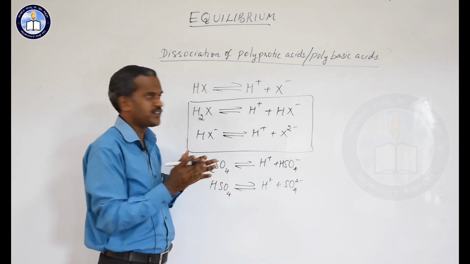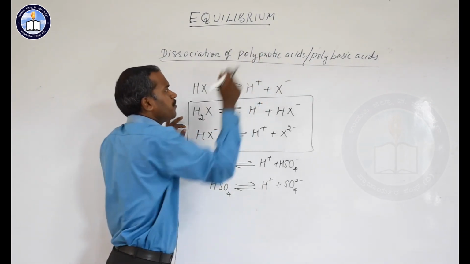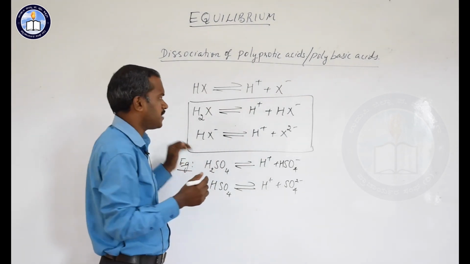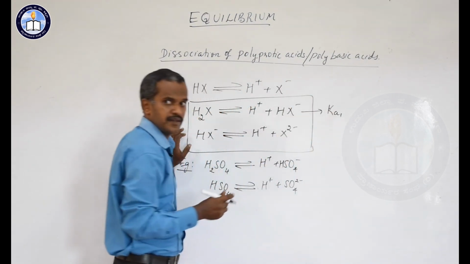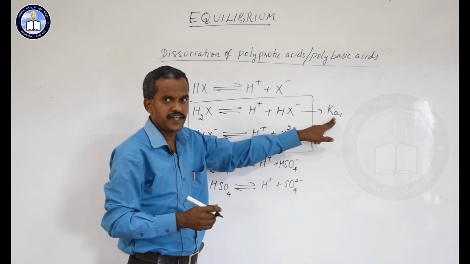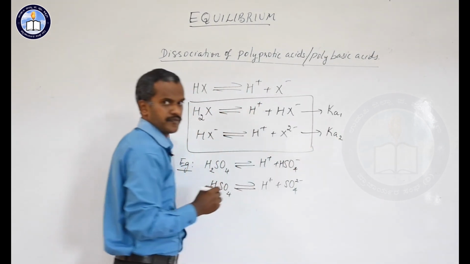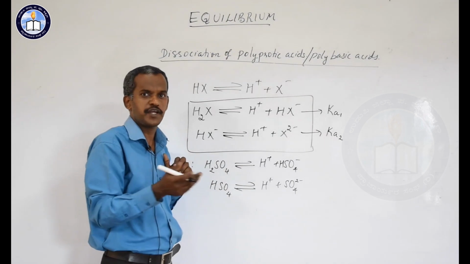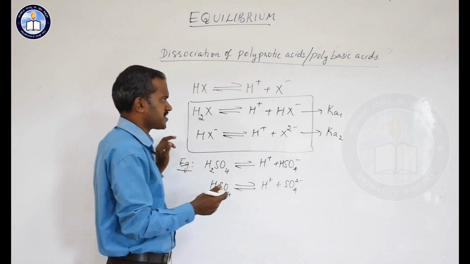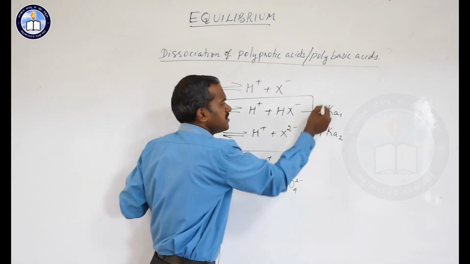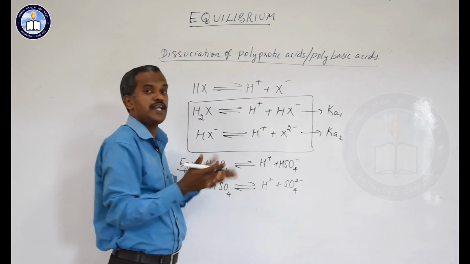Now the question is, if there is a dissociation more than one time, the polybasic or polyprotic acids produce H plus ions in different steps, so the dissociation constant for the first one I'll write as Ka1. You know what is Ka? Dissociation constant of a weak acid, and that is the first step, and this is Ka2. If you take examples like phosphoric acid, it has three replaceable protons. H3PO4 produces H plus in three different steps. Now interestingly, if you compare this Ka1 and Ka2, and there may be other steps, which values will be greater?